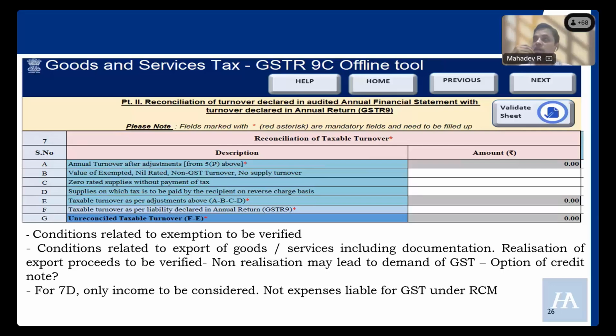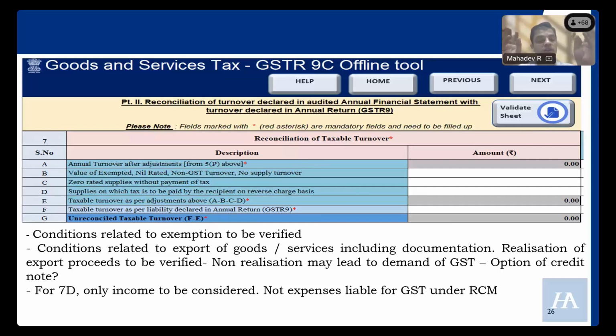So we need to arrive at the taxable turnover. Therefore, all other turnover, you are going to reduce it. So 7B, value of exempt turnover, nil rate, non-GST turnover, no supply turnover, you are going to reduce. If you have any export transactions, which could be zero rated, say exports or SEZ supplies, you are going to reduce that. If there are any supplies which are subject to tax and a reverse charge by our customer,